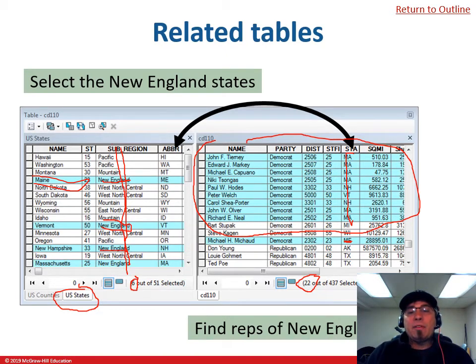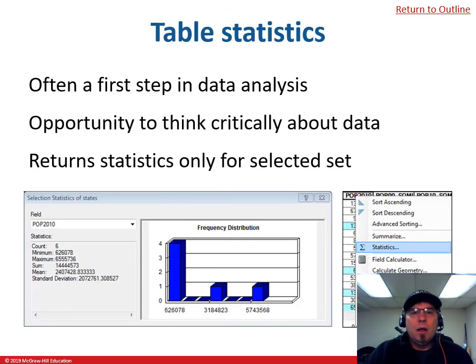Now, once I have this stuff highlighted on the right here, I can run statistics. For example, here's SQMI. I could right click on that, go to statistics, and it would give me the area that all of these representatives represent. I don't know if that would be important, but you can do that. Okay, so getting back to table statistics,